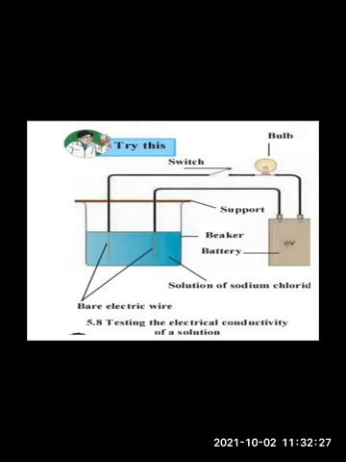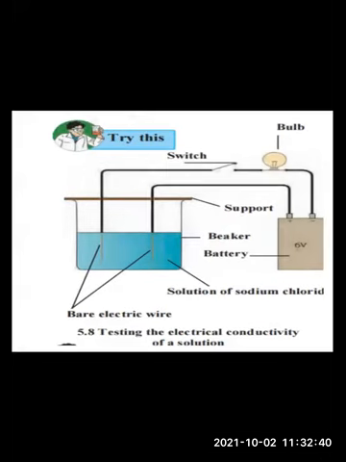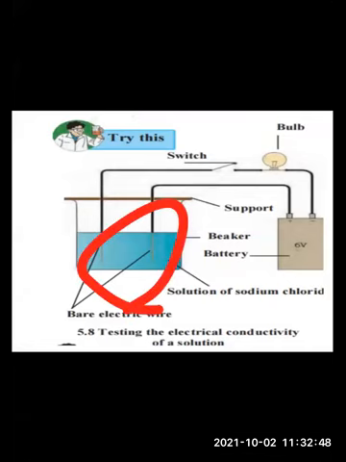Okay. So when there is a liquid or solution in the circuit, what happens? The 2 rods or wires or plates that are immersed in it, what do we call them? What are these 2 rods called, children? They are called electrodes. You can find here the 2 rods I have shown you, which are immersed inside the solution. So we can call them anode and cathode. Yes or no, students? Remember, you studied about electrodes.